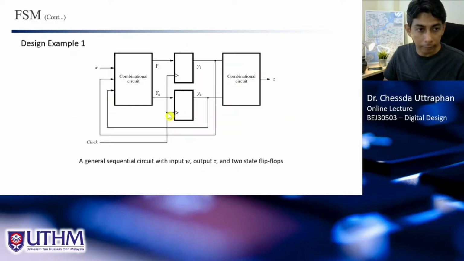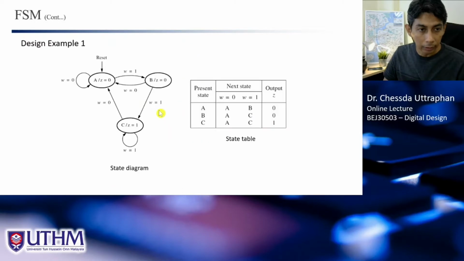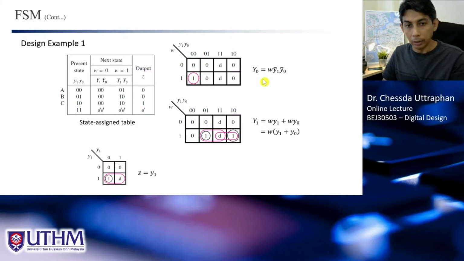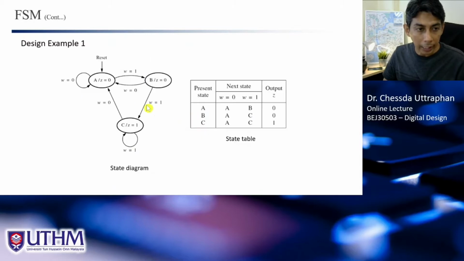We need to translate from the state diagram into the state table, and from the state table we need to have the state assigned table where we represent the states in binary, and we need to derive the K-map, and after that derive the equation here. So this is